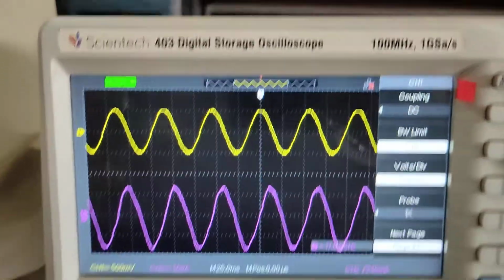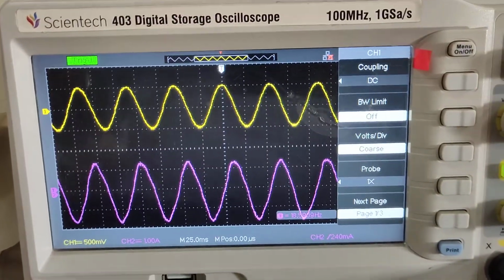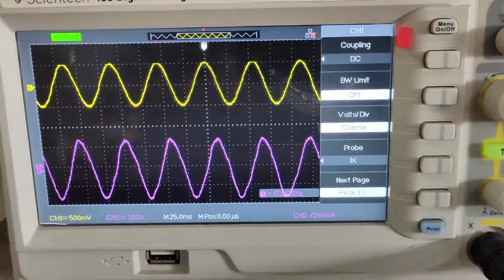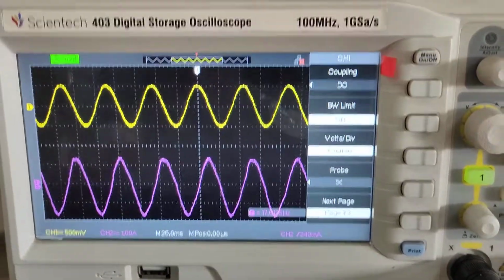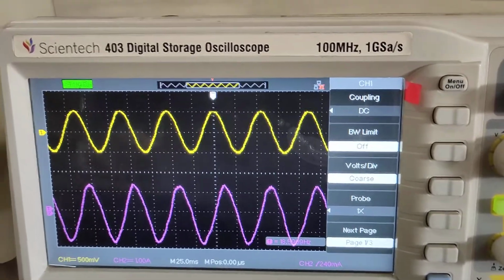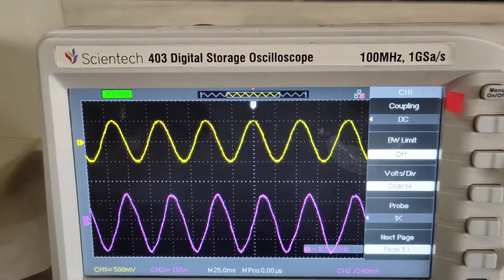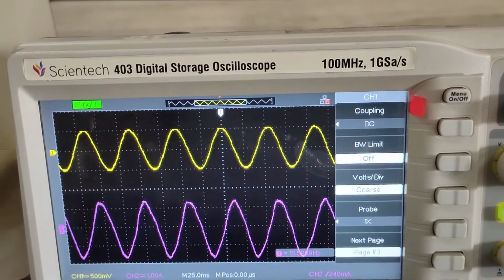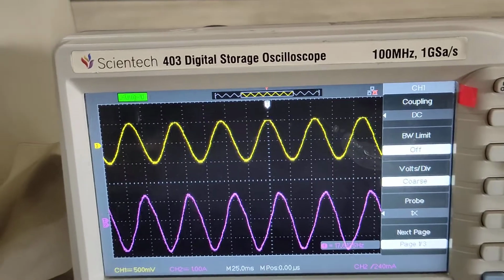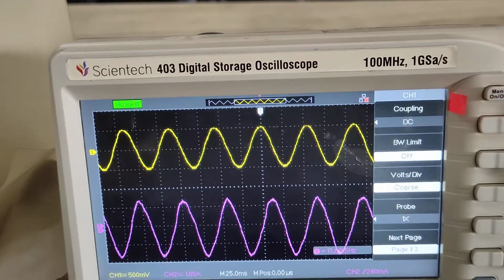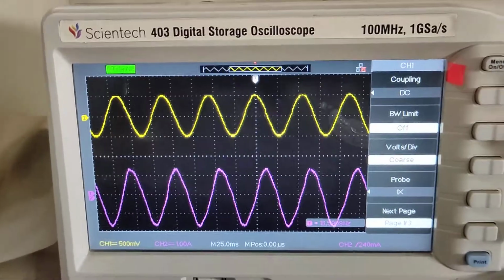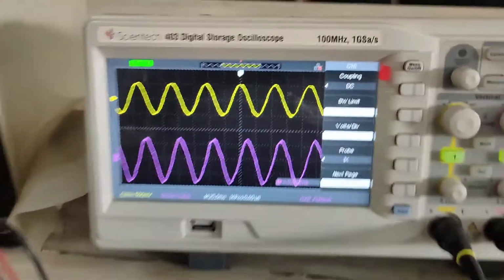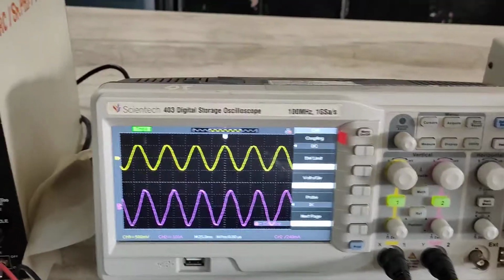There are two types of voltages: one is peak to peak voltage, the other is RMS, which we measure with the help of a digital multimeter. Since we are using a CRO, we will measure peak to peak voltage, and correspondingly the output voltage will also be measured peak to peak. Here the yellow line is your input voltage, and the pink curve is your output voltage. We have to start with a very small frequency and then take the corresponding readings.